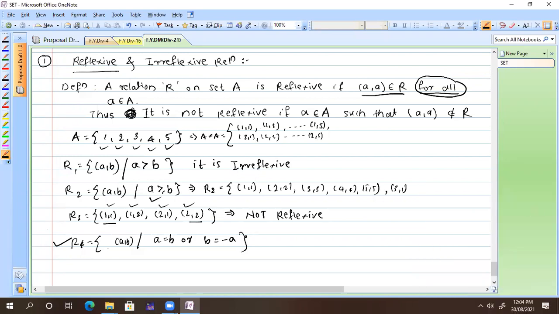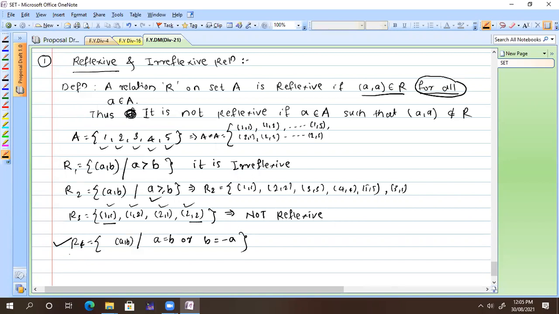Does that relation contain any negative number? No, it can't, because a negative number does not belong to A cross A, so it won't be a subset. When I say it is a relation, it means it is a subset of A cross A. Someone was saying (1, -1). Is that clear?